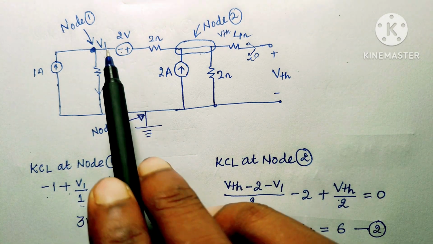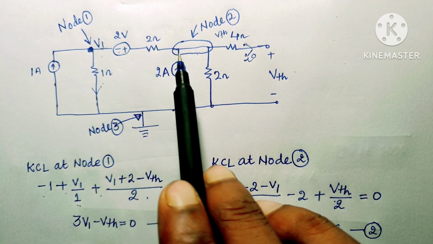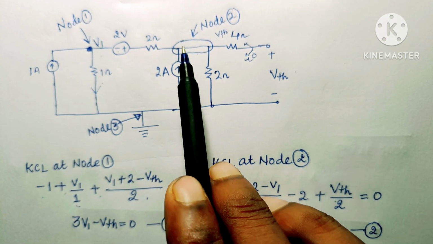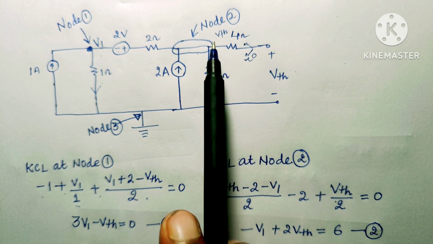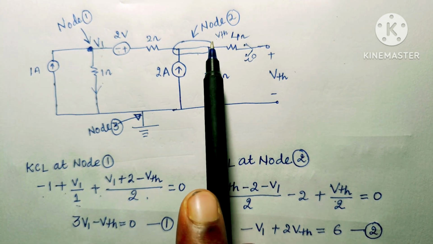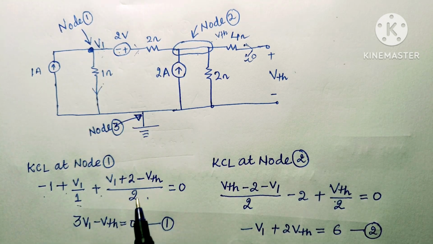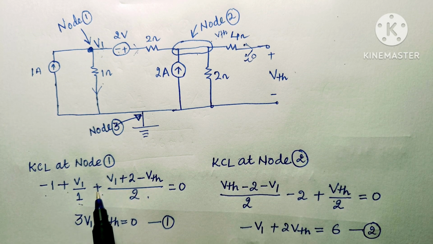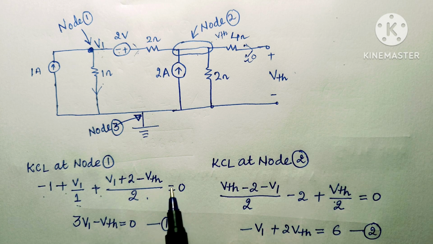So here, since this minus sign is towards the node, we write V1 plus 2. If we go further, we see that VTH is positive and its negative sign is towards the ground. So the positive sign is towards the node, and it will have a minus sign. So here it will be (V1 + 2 - VTH) whole upon 2. This current will be flowing through this branch. We have taken a positive sign since we have assumed that the current flows outwards from node 1. So this equation is achieved, and if we rearrange it, equation number 1 can be found.